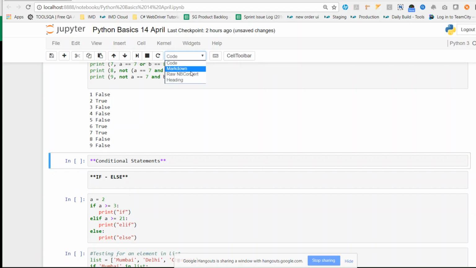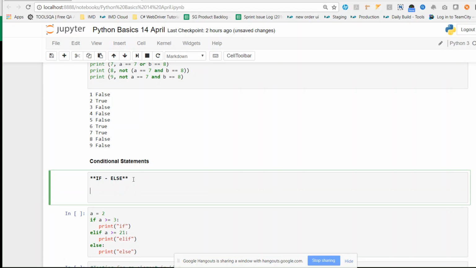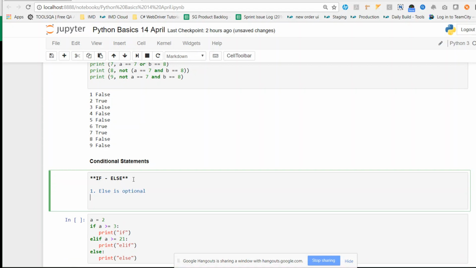Make it as a markdown. Run it so that it looks good. If else. First thing is else is optional. Indentation is important because on the basis of indentation, that is white spaces, it will determine what is inside if and what is outside if.